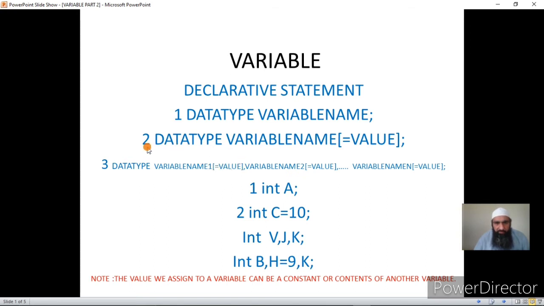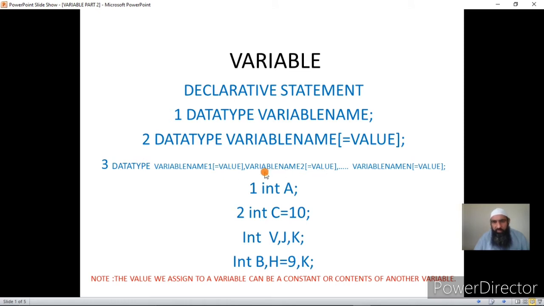Likewise in this syntax, that is the second one, we have a data type, variable name, equal to value is optional. You can give that or you cannot give that. That is why we had syntax 1 possible, because again equal to value was optional. Programmer can specify it or he cannot specify it, but the syntax gives him the option, he can give the value to a variable. So the general syntax is now data type, variable name 1, followed by the value, we assign a value to it, then so on and so forth.